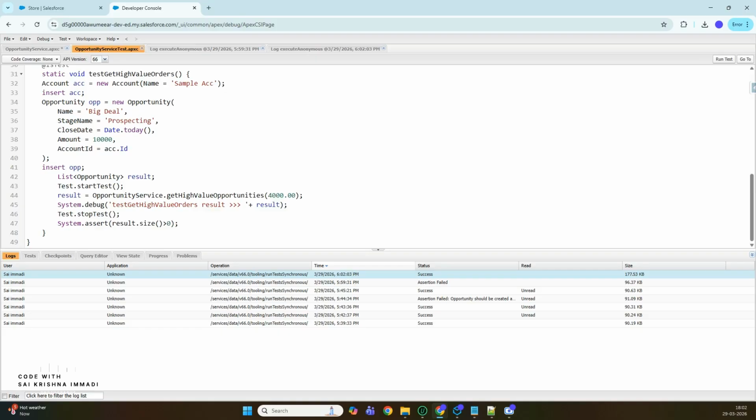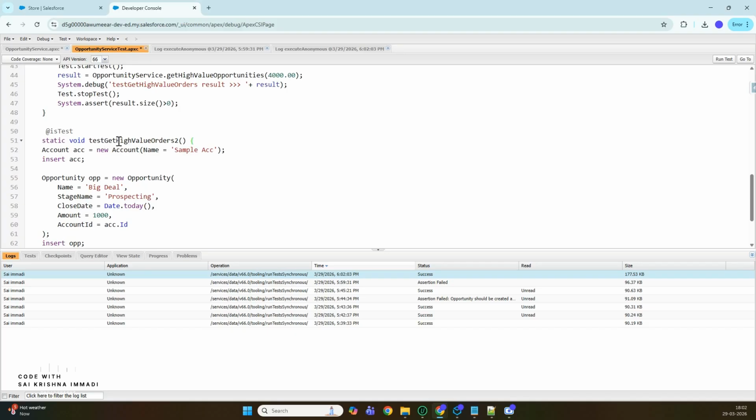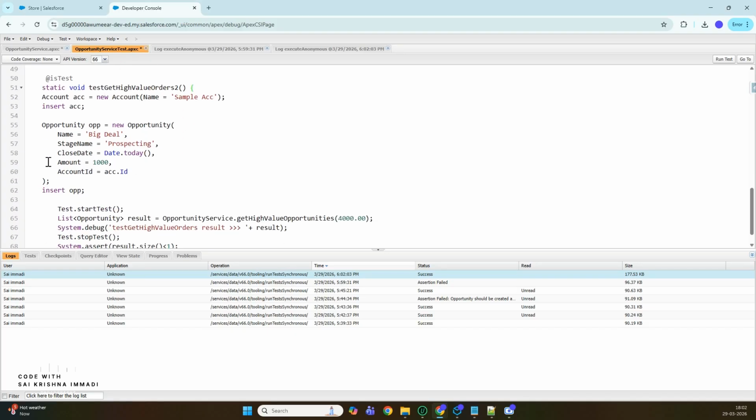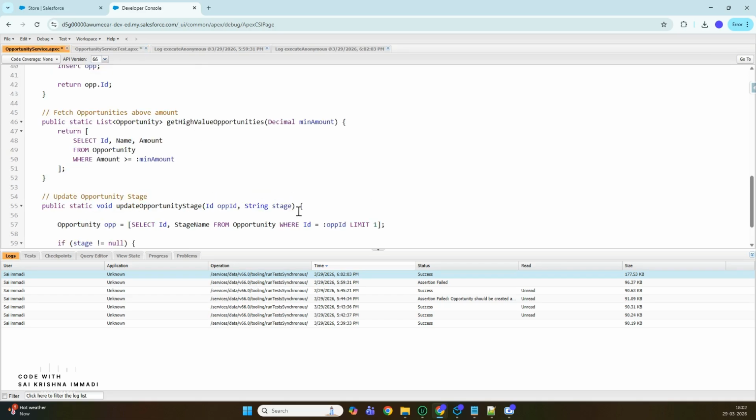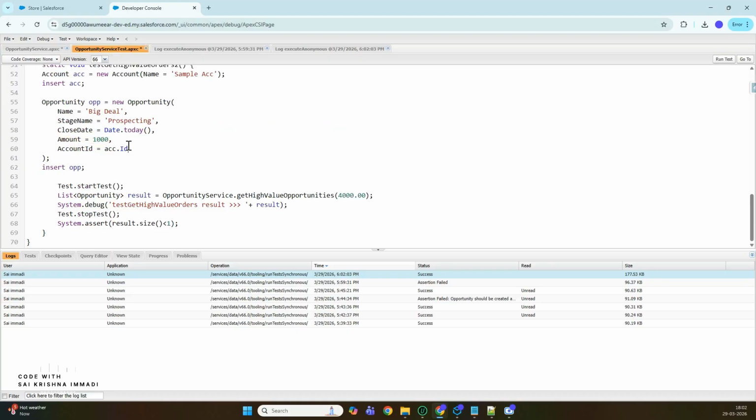And for example, if I have to write a negative test for this, and I want to proceed with another test method instead of writing it within this, so let me create another test method where I'm saying test get high value orders 2, where I'm creating an opportunity with amount 1,000, but here in the request parameter I'm passing minimum amount as 4,000, whereas it just goes and queries opportunity records where amount is greater than or equal to 4,000, right? As I don't have any opportunity which is greater than 4,000, results.size should not be 1, it should be 0, right? It should be blank,